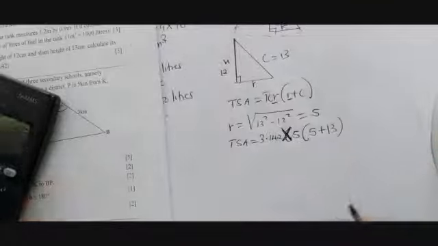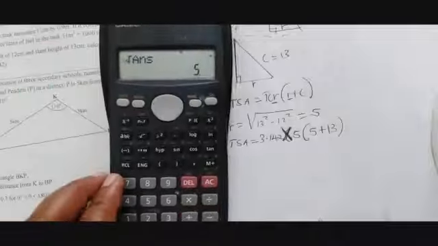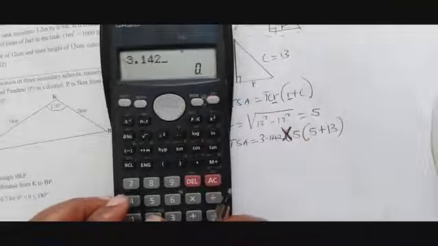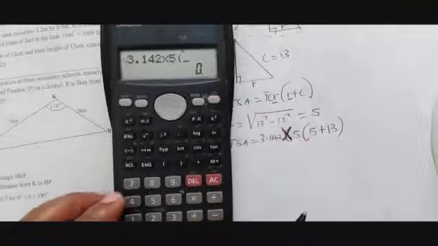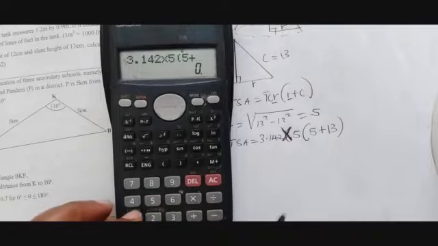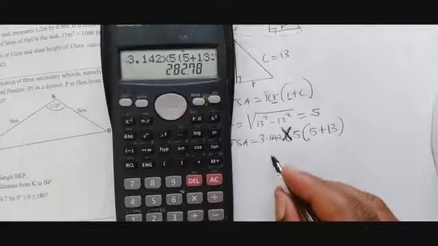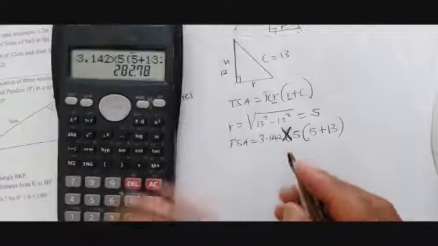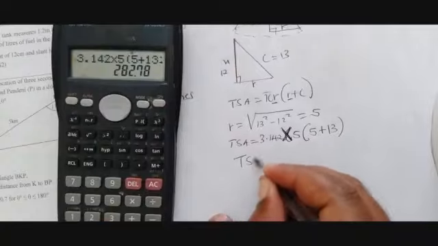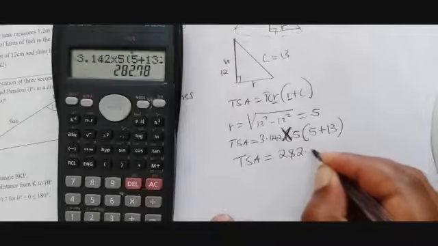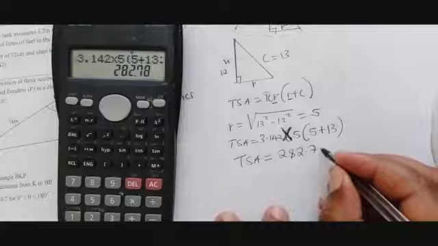You punch it the way it is. You say 3.142 times 5, open the bracket, 5 plus 13, you close. What is your answer? So total surface area is equal to 282.78